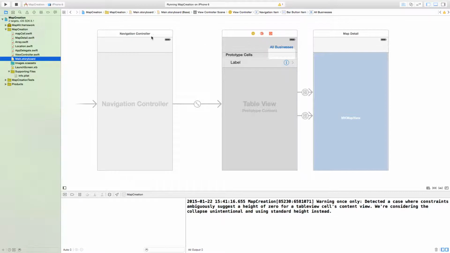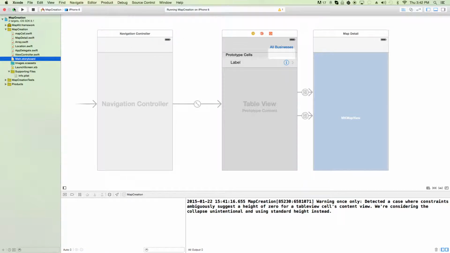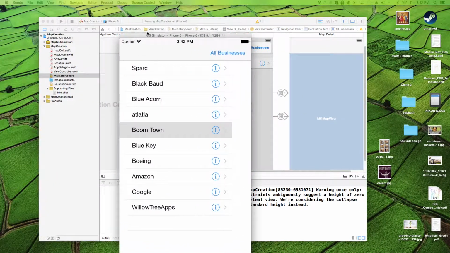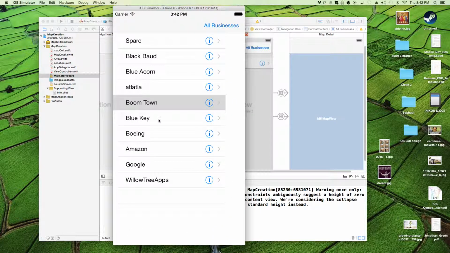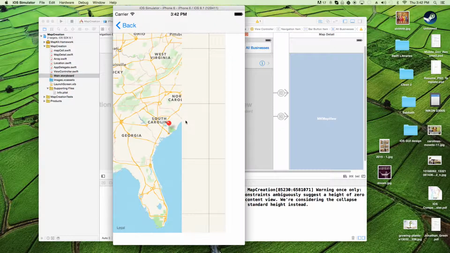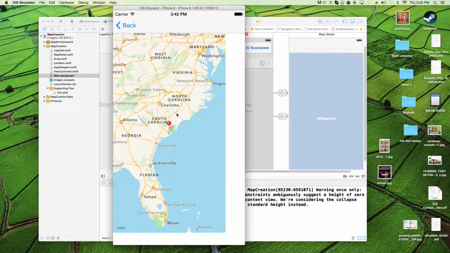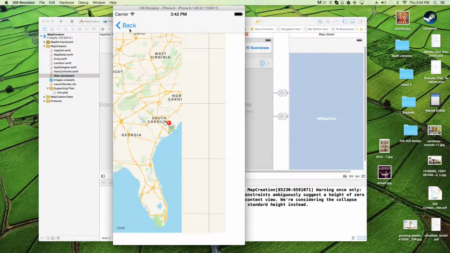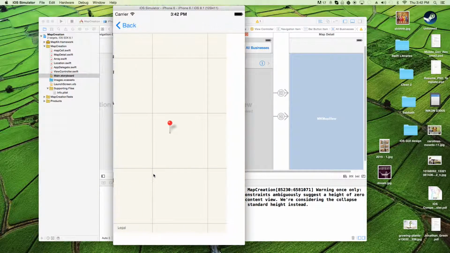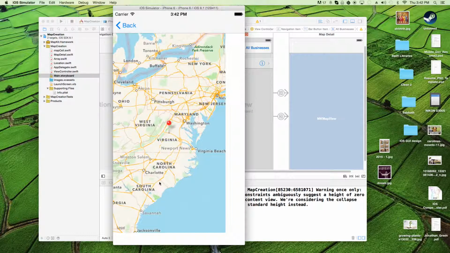But let me show you my app. As you can see right here, minimize this. All these different businesses: Spark, Blackbar, Blue Acorn, Atlato, and so on. All local to me except for WillowTree. So if I click Spark, it shows in South Carolina, and you can zoom in to it if you want. Blackbar, same deal. Blue Acorn, same deal. Boomtown, same deal. WillowTree, this one's actually in Virginia, so that one's a little bit different, a little further away